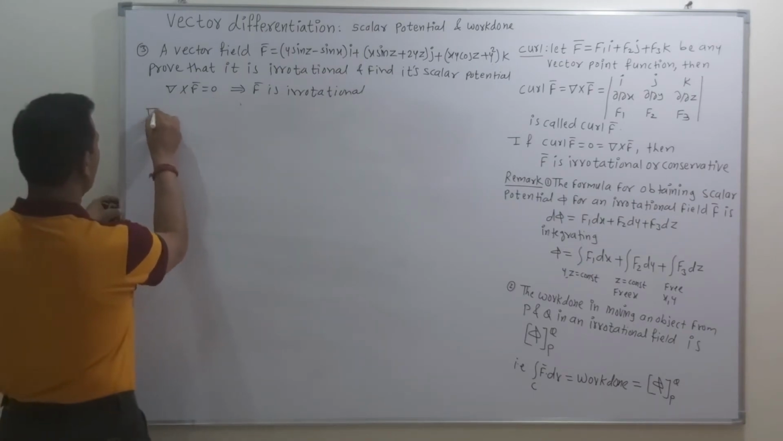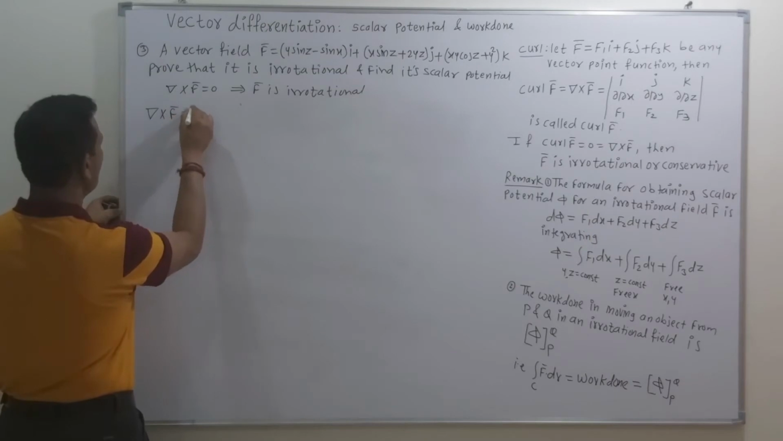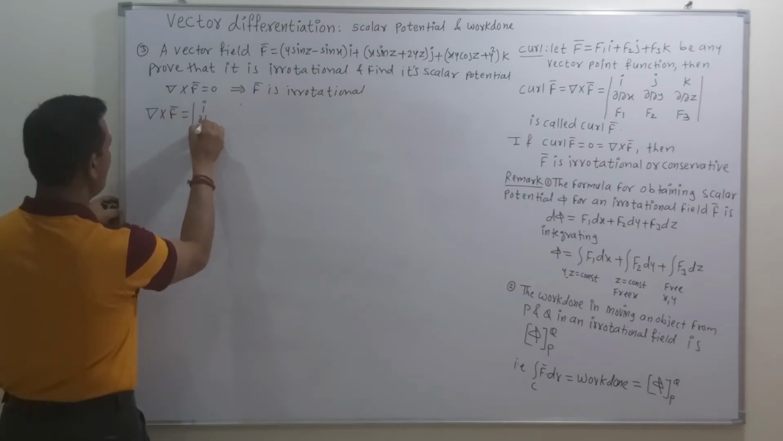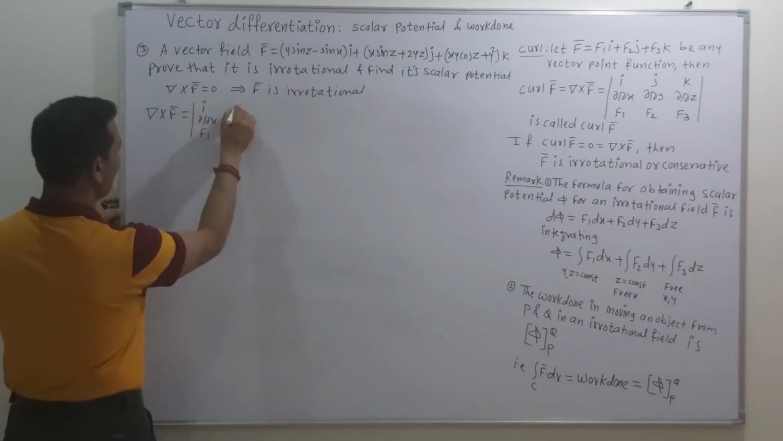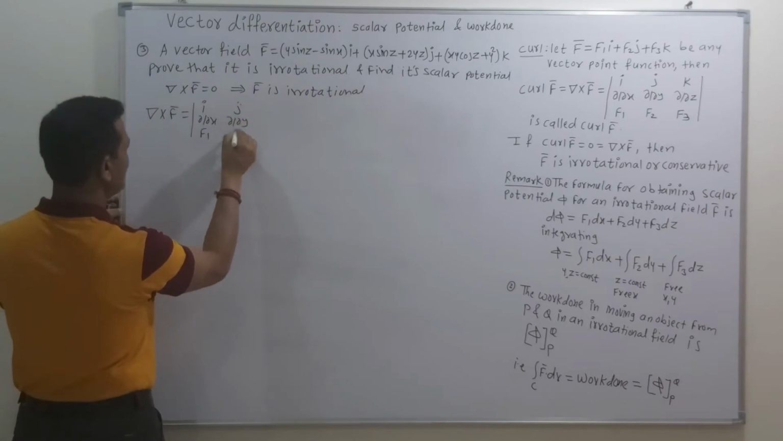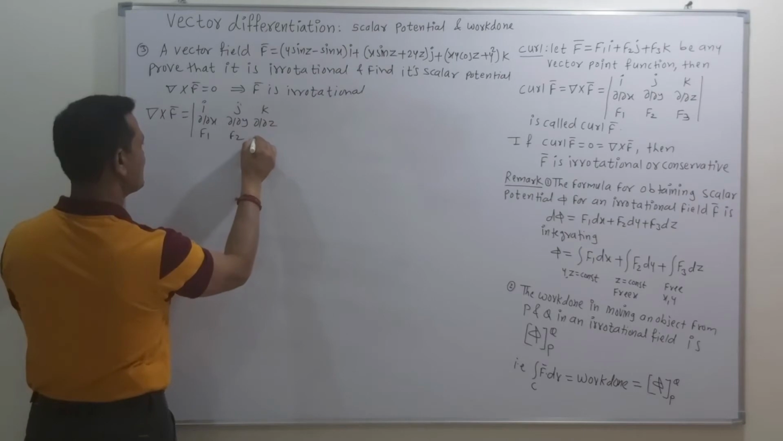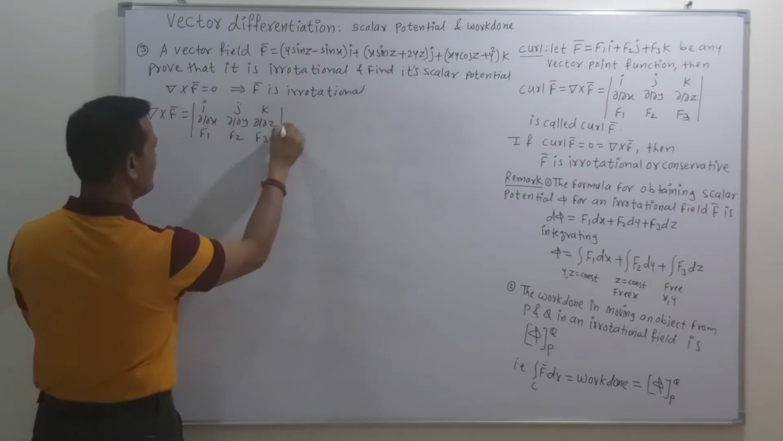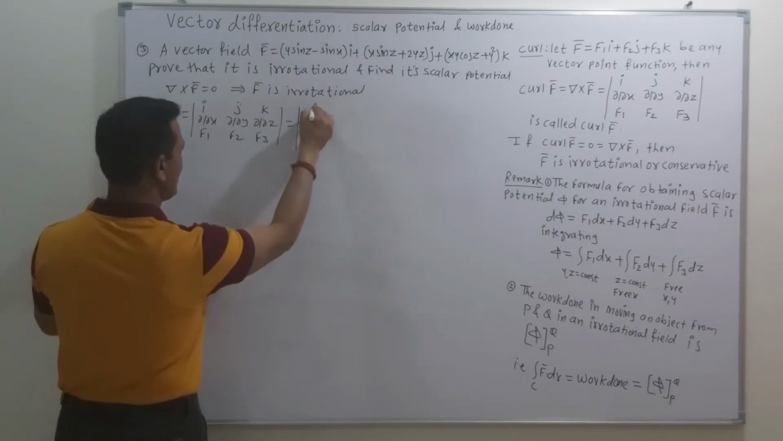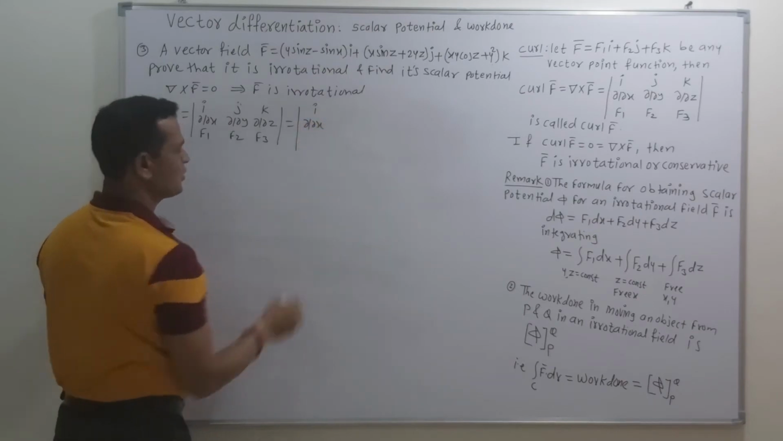So let's first try to find the value of del cross F bar, which is i times the partial derivative with respect to x of f1, minus j times the partial derivative with respect to y of f2, plus k times the partial derivative with respect to z of f3. So which is equal to, this is i times the partial derivative with respect to x of